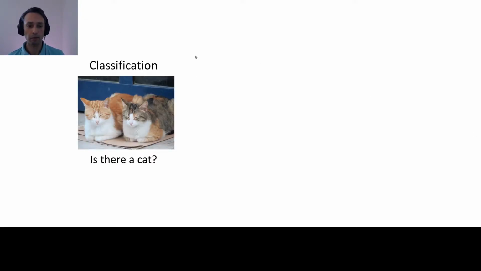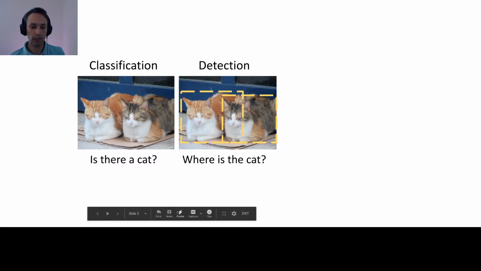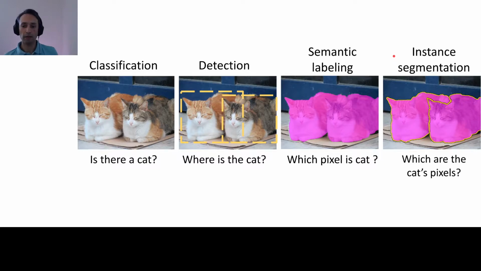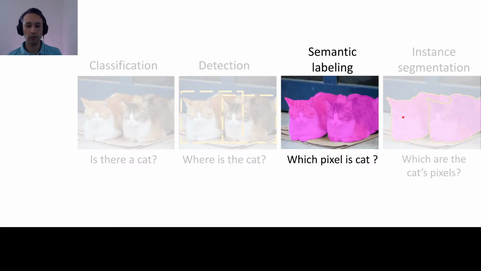So let's start by reviewing different image tasks. First, you have classification that asks, is there a cat at all on this image? Then you have detection, which asks where on the image is there a cat. Then you have semantic labeling that tries to annotate every single pixel that belongs to the cat class in the image. And then you have instance segmentation, which wants to identify the different instances of cats and which pixels belong to each instance. So in this talk, we're going to mostly focus on semantic labeling